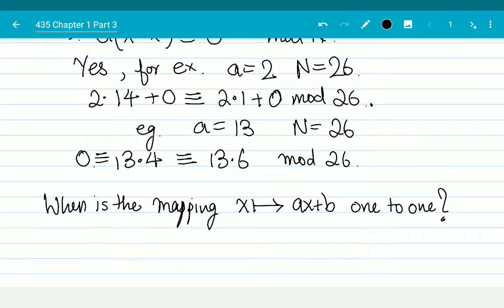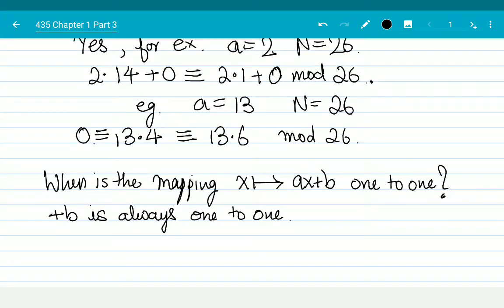Well, plus b definitely always shifts and is 1-to-1. Plus b is always 1-to-1. So everything relies on a, and therefore the map is 1-to-1